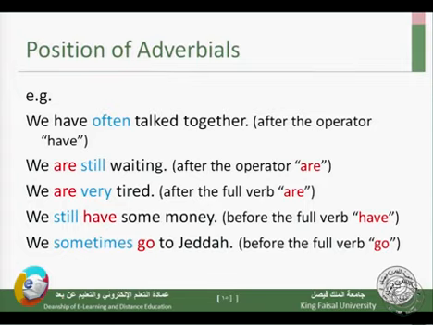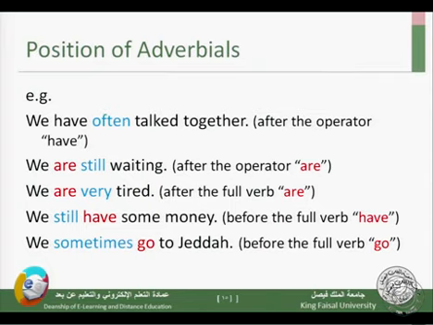We are very tired. Please be careful. Tired in this sentence is not a verb, even though it has ed at the end. It is an adjective. It gives quality. Someone who is tired, I am tired. It doesn't convey activity or states, so it can't be used as a verb here. So in we are very tired, there is only one verb, which is the verb to be, are.